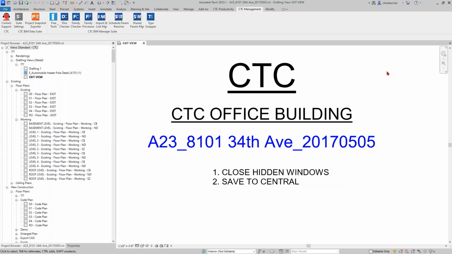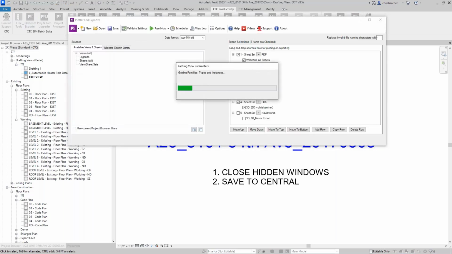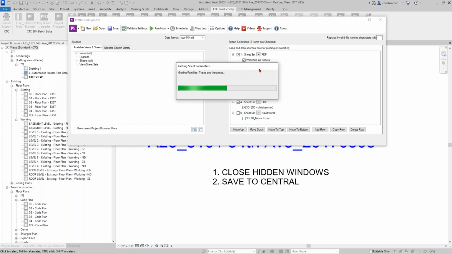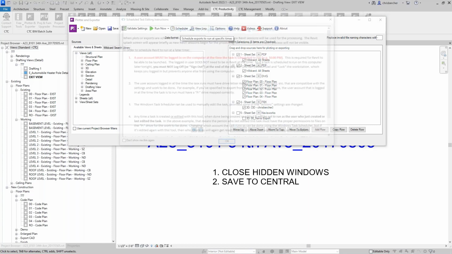And once it's active and you've set that up, you come back to Revit and you can run the connection immediately. If I go back to my CTC tab, Productivity tab, and go to Plotter and Exporter, I can show you what I mean. On this page, this is where all the setup happens, and really where the connections established for your ACC/BIM 360 sites is all through the scheduler. And once it's done loading up my configuration here, I'll show you what's going on. So within the scheduler,